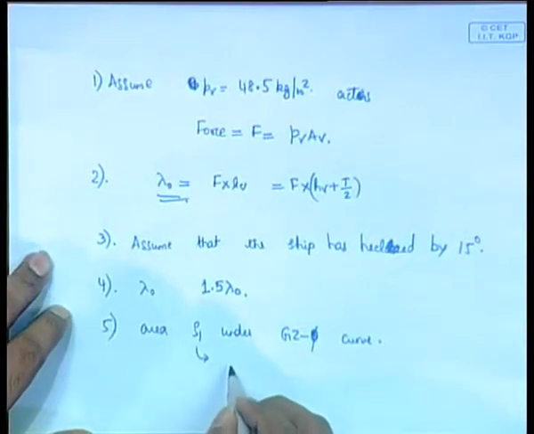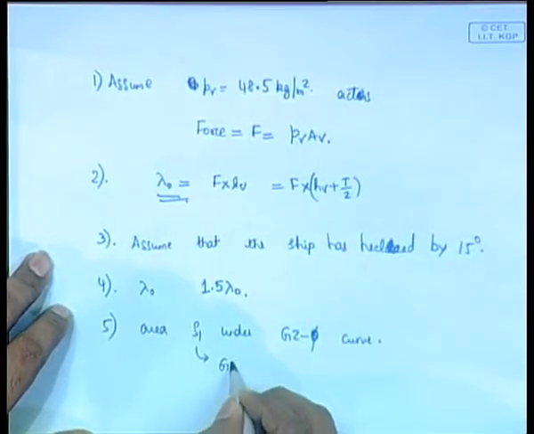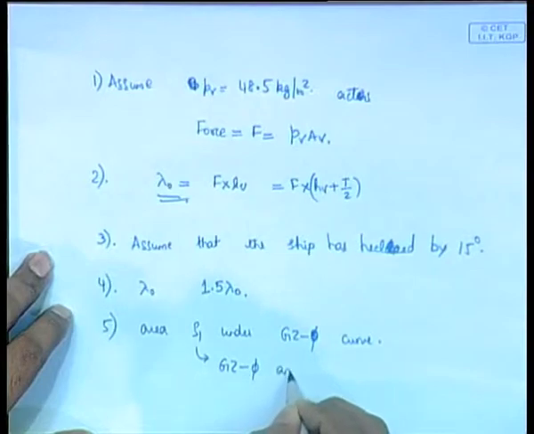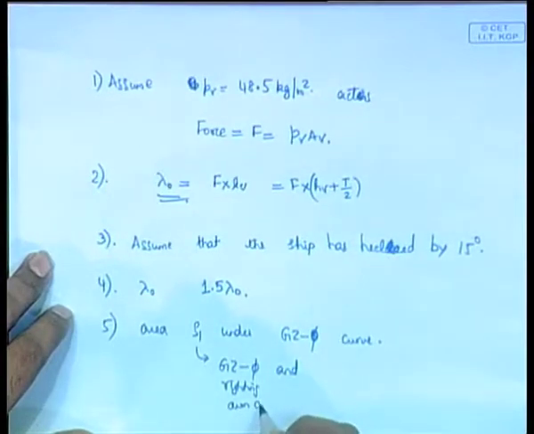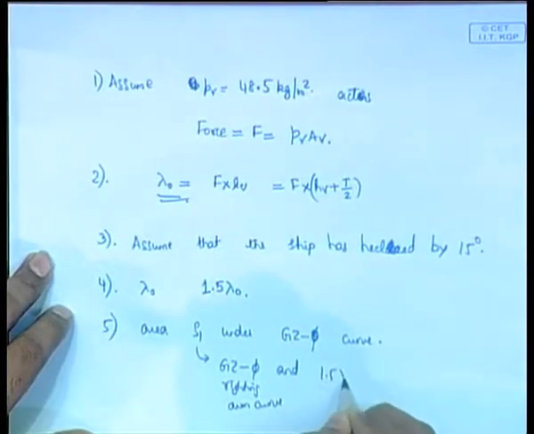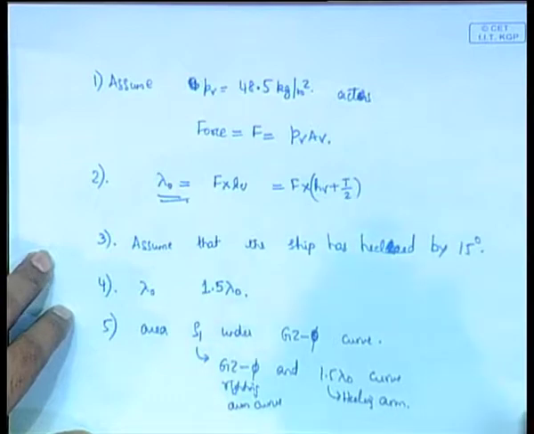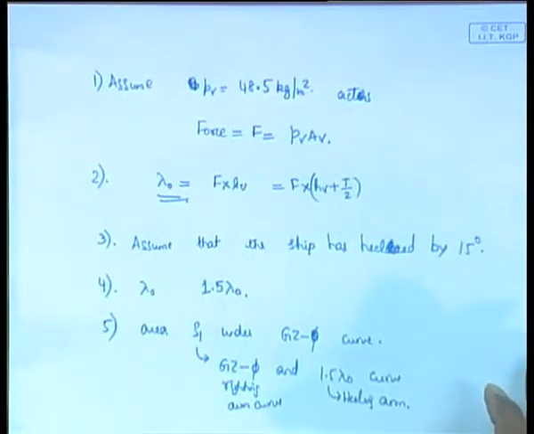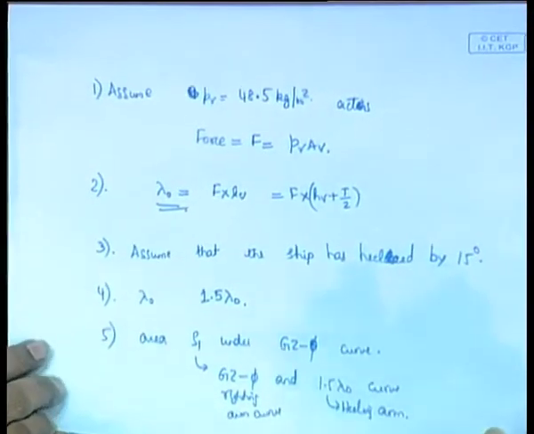So it is the area under the GZ phi, and this is the righting arm curve or the righting moment curve, and a 1.5 lambda 0 curve. This is the heeling moment curve, heeling arm. Okay, then once you calculate that S1,